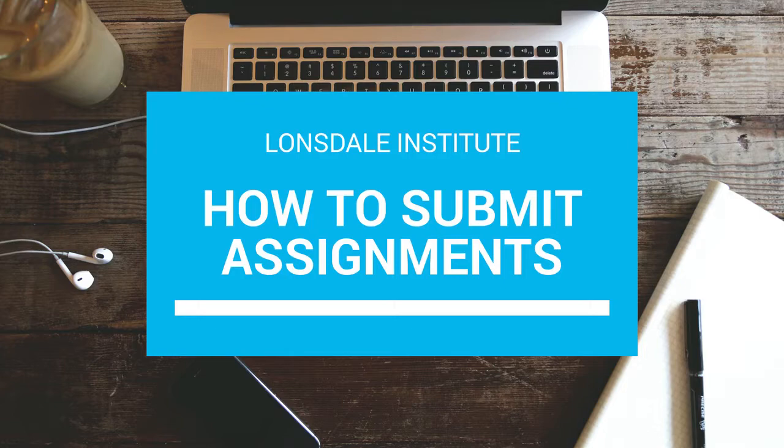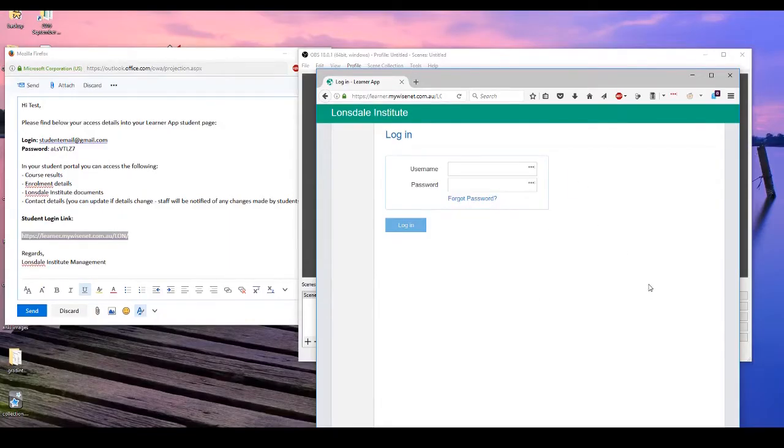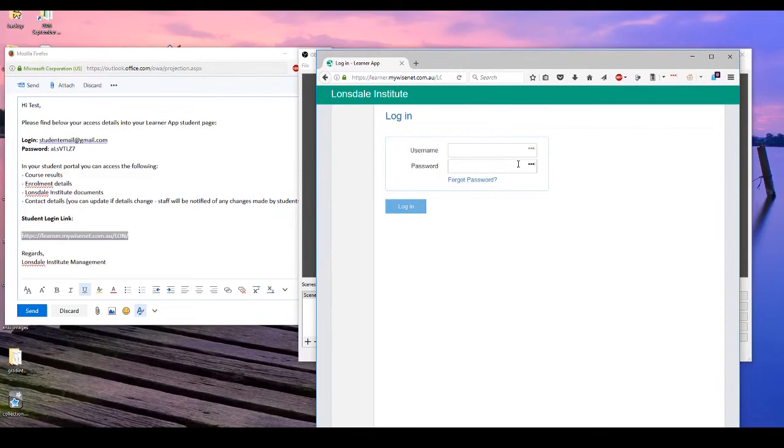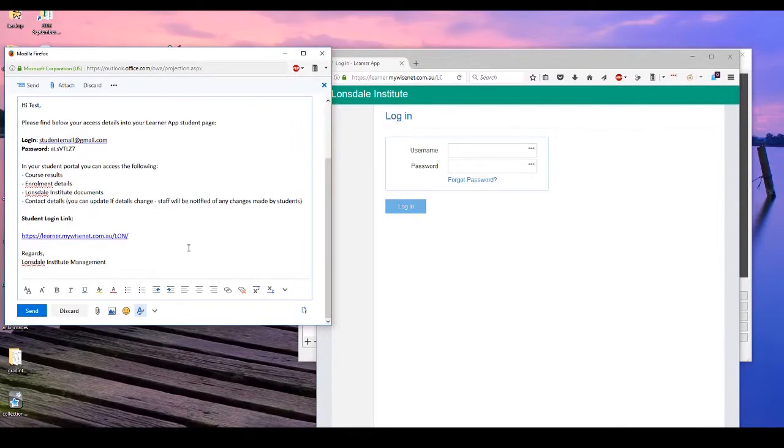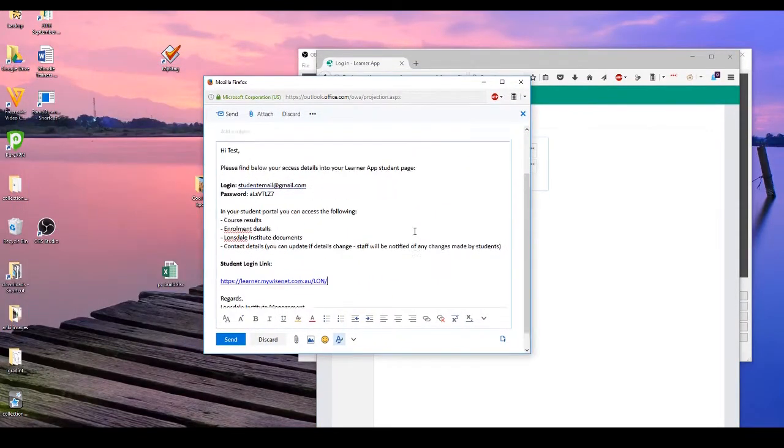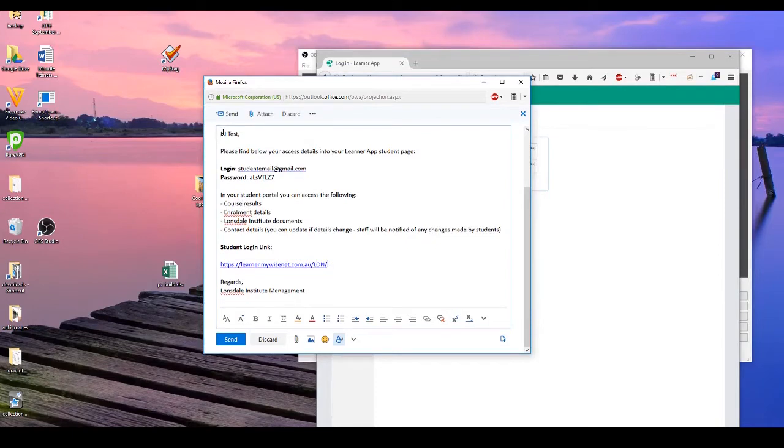Now the first thing that you need to do is log in. To log in, you need to know which website to go to, obviously. During your orientation, when you first start your course, they will send you an email. The email should look something like this. It'll say, hi, your name, and it'll have your login details for something called the Learner app. So just make sure you have these details handy. And then there's the link on the bottom here, which is